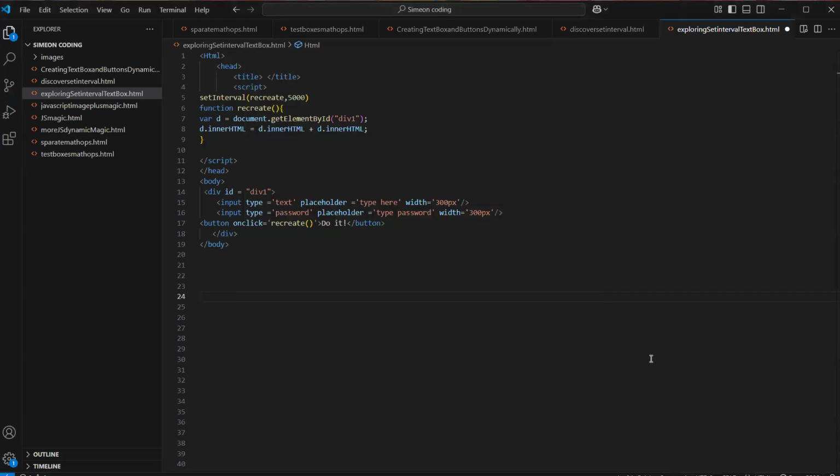Okay, so go back to where the image is located.